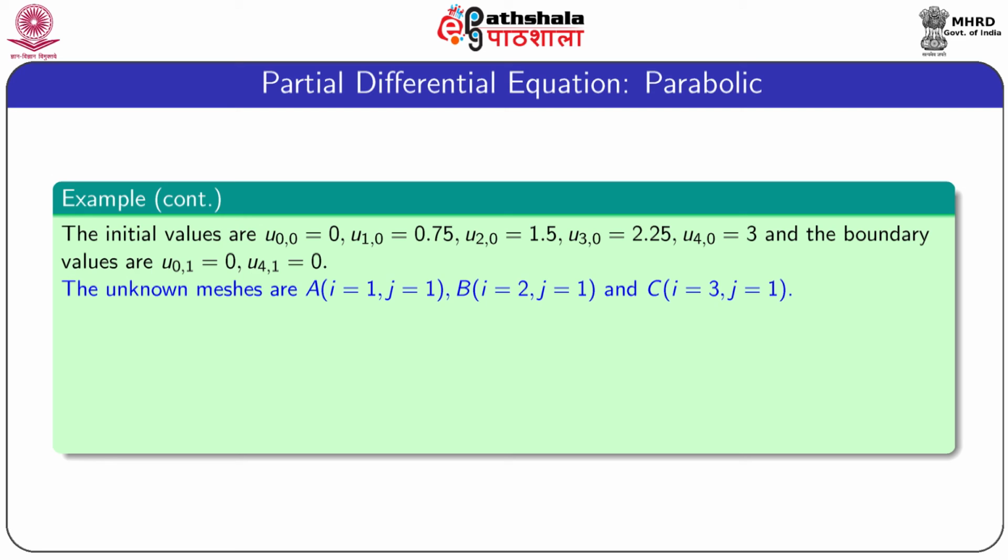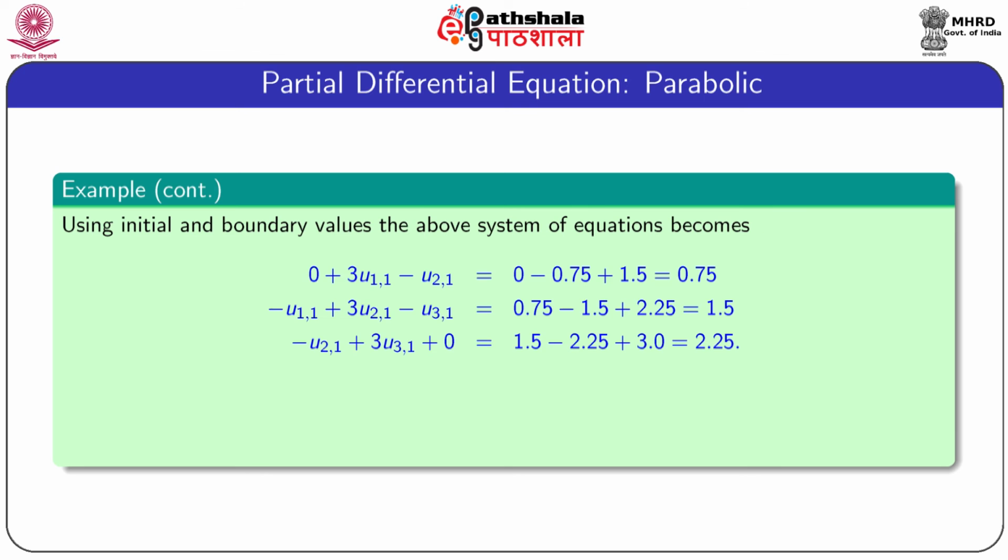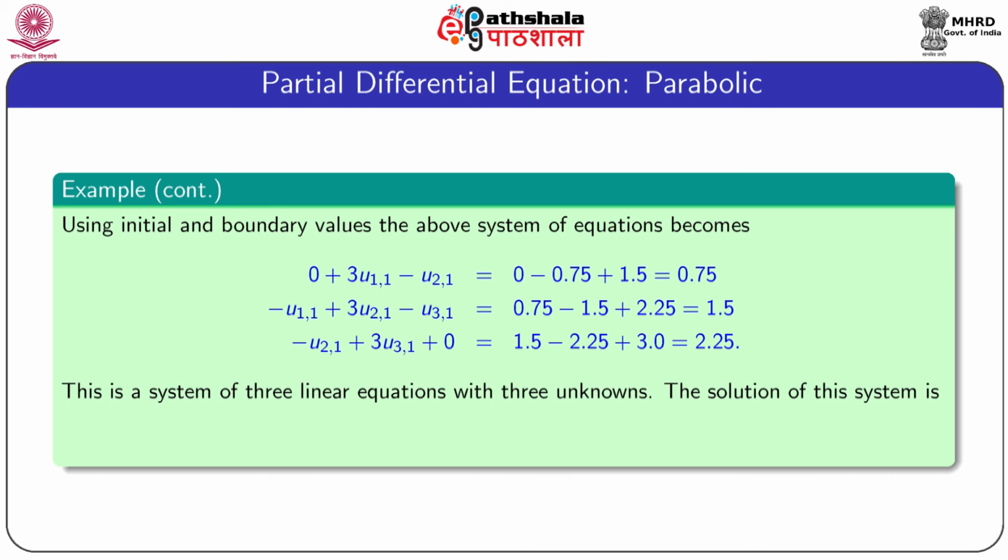The unknown meshes are A, B and C for different values of i and j mentioned adjacent to the points A, B, C, and for this case the system of equations is this one. And after substituting the values of u00, u10, u20, u30, u40, we get the following system of equations. So, by solving these equations we get the values of u11, u21 and so on. Note that this is a tridiagonal system of equations containing three equations and three unknowns. The solution of this system is